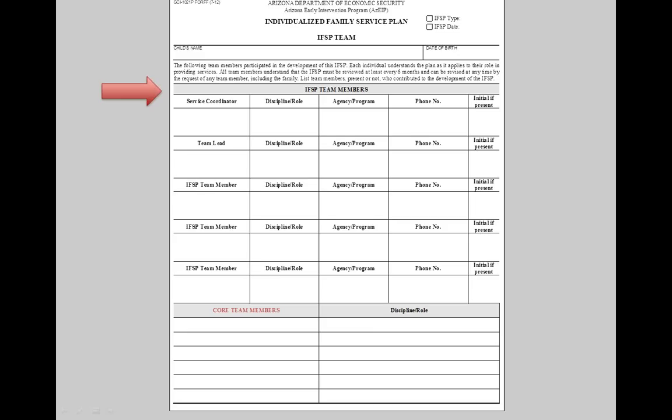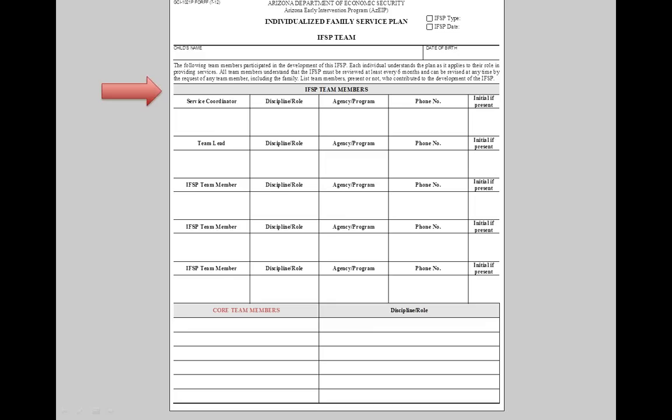The team lead would only be used by the team-based early intervention services team and may be crossed out and replaced with IFSP team member for DDD and ASDB. Other IFSP team members would include the team members who contributed to the development of the IFSP, which for an initial IFSP would include the team members who completed the evaluation and the child and family assessment.